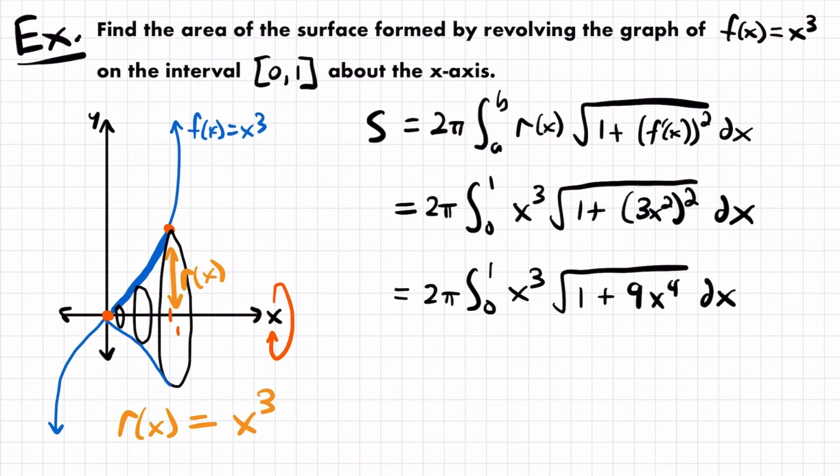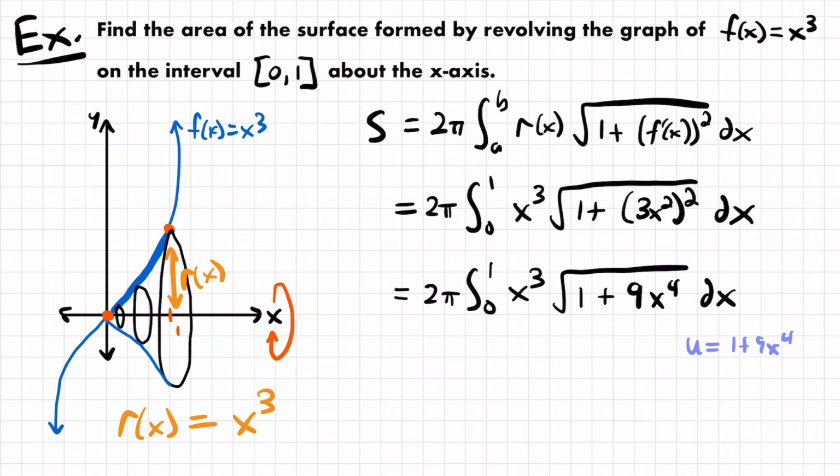And remember that the derivative of x to the 4th power will be x to the 3rd power. Because of the power rule, we will subtract 1 from the exponent. And so thankfully we have x to the 3rd power being multiplied to the composite function. And so u-substitution is going to work here if we set u equal to 1 plus 9x to the 4th power. And so if we do that, if I set u equal to 1 plus 9x to the 4th power,